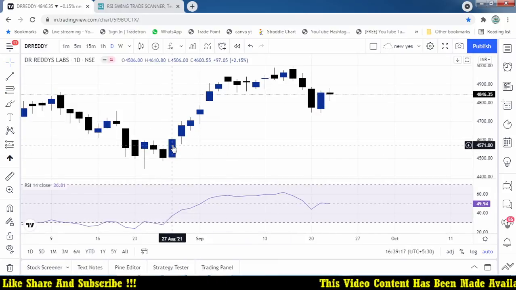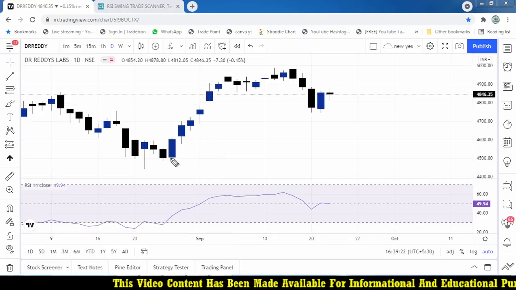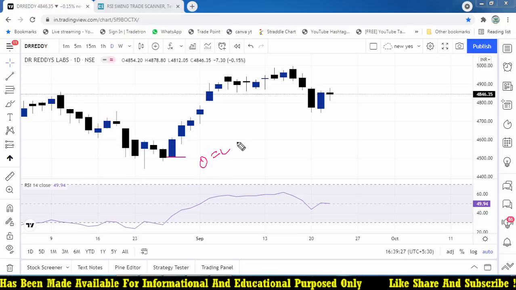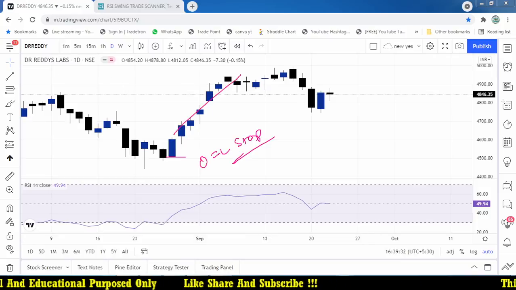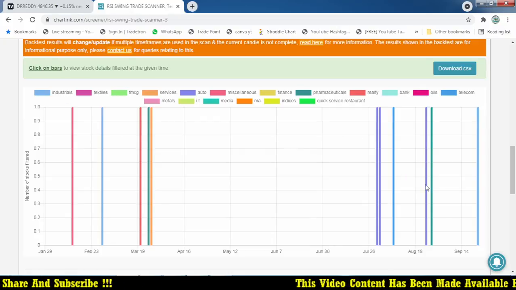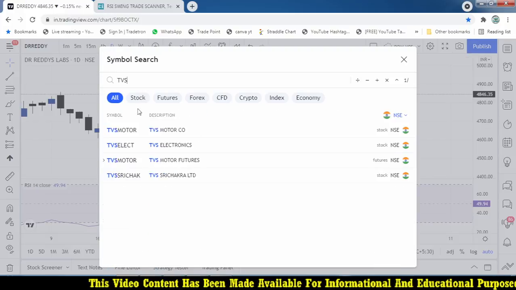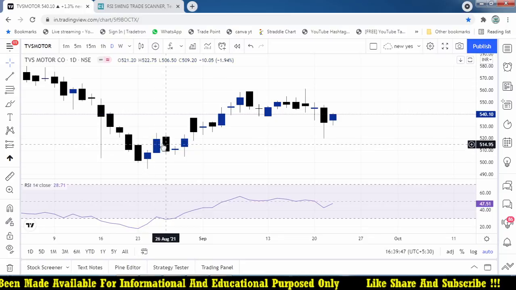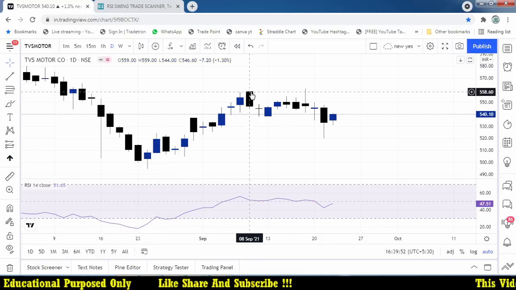Dr. Reddy, 27th August. After that, it has started moving higher. So that is my stop loss on the day. Open equal to low is my stop loss. Stop. Now it is moving higher. Only few stocks. So if you are mentioning that, we will filter out very least number of stocks. Here, 25th August, TVS Motor. This one. After that, the trade is 508 to 524. After that, you can see the big move.